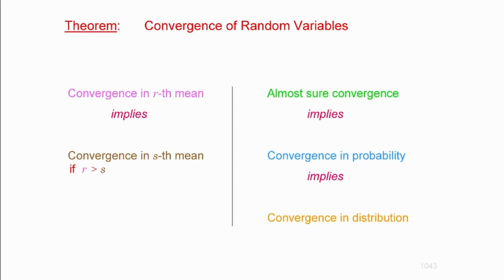So let's say convergence in mean squared convergence, basically. Convergence implies convergence in mean. So R is greater than S, and if R is greater than S, then it's going to be applied here, and of course both are not less than 1. Okay, so both are at least 1, and R is strictly greater than S. If this is the case, then of course convergence in R mean implies convergence in smaller mean.